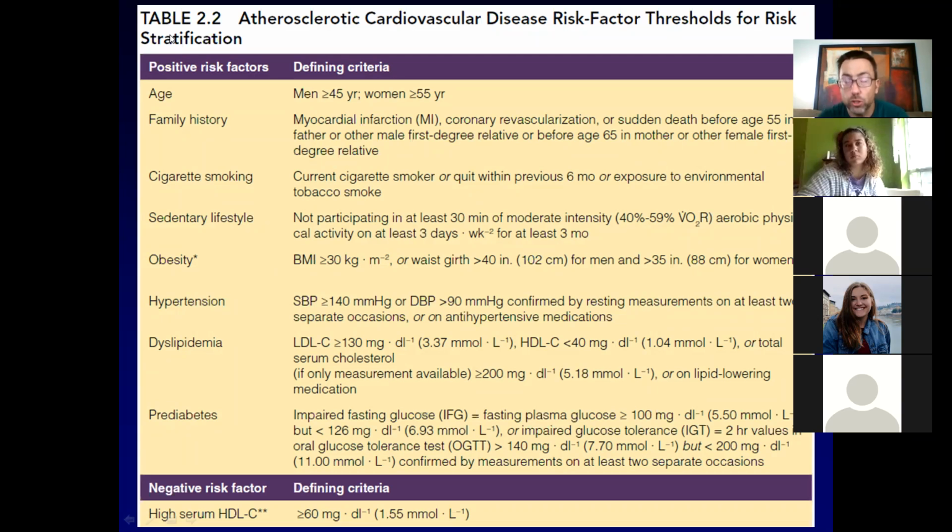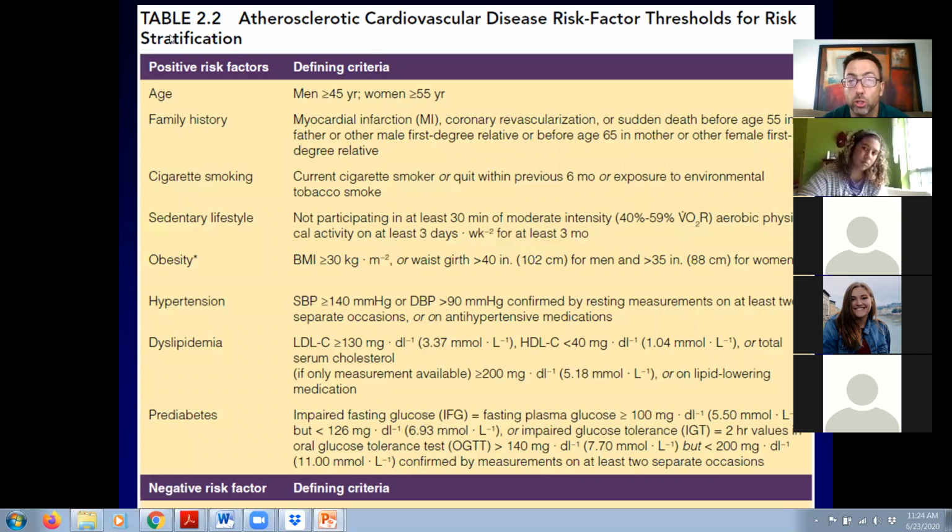So the first of those is what we call family history, okay? And so what family history is going to get at is, do you have a first-degree blood relative, okay? So mother, father, brother, sister.